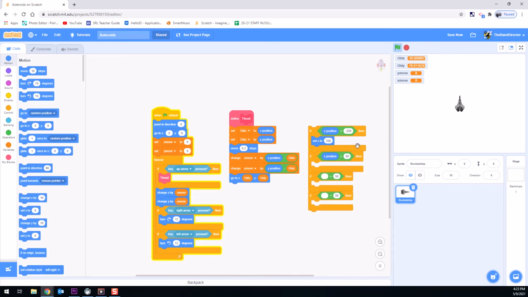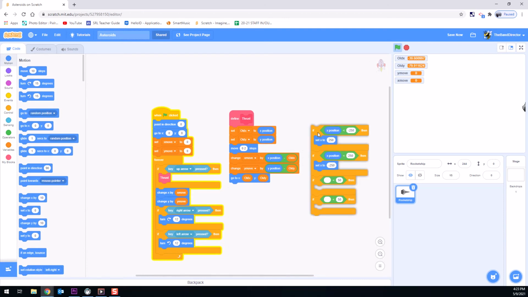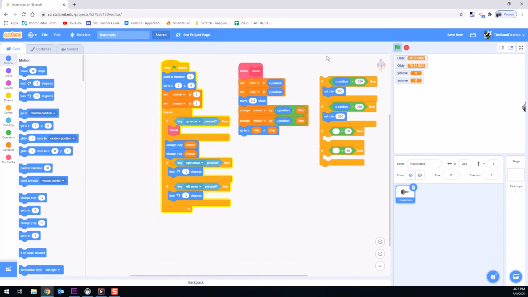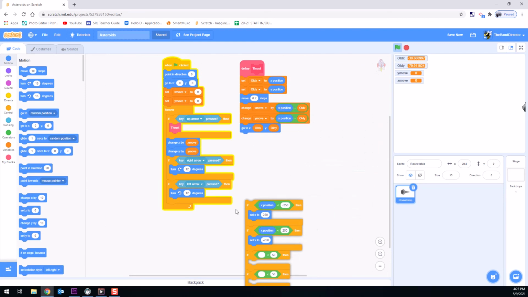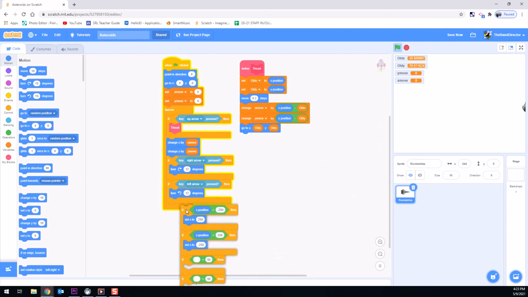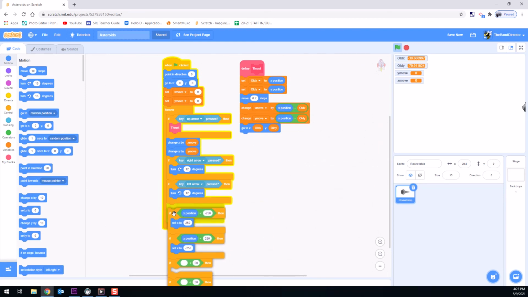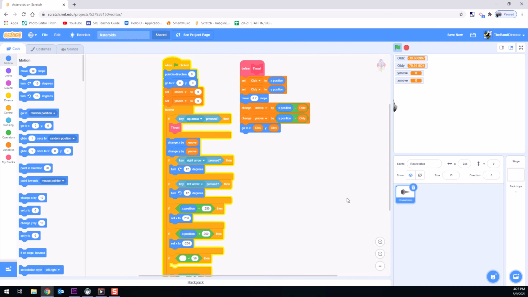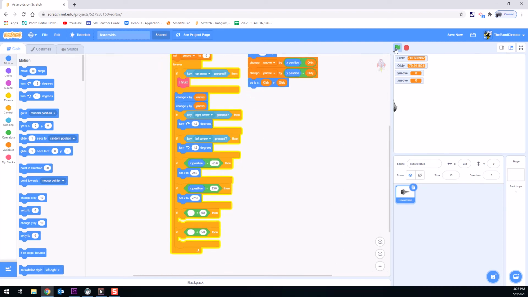I'm going to grab my X position there and my set X. And I'm going to do the same thing, but for the positive side of things. So if it's greater than that, we want to go to the negative. And we want this to forever be true. So we're going to take this whole line of code here, and we're going to drop it down here, not inside of an if-then statement, but inside of this forever loop. So if I hit the green flag,